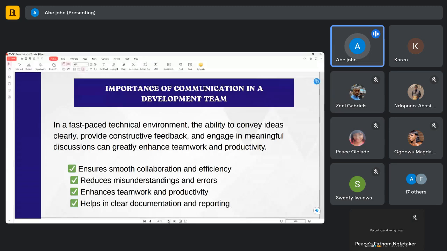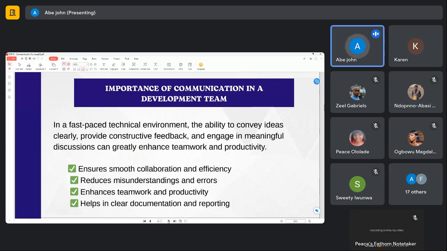Then it makes teamwork and productivity visible. Because when you communicate well with your team members, you understand each other better. Either you are assigning a role, or designating a task, or you're asking someone in the team to do one or two things. By the time you communicate well and the person understands you effectively, you don't have any issue.